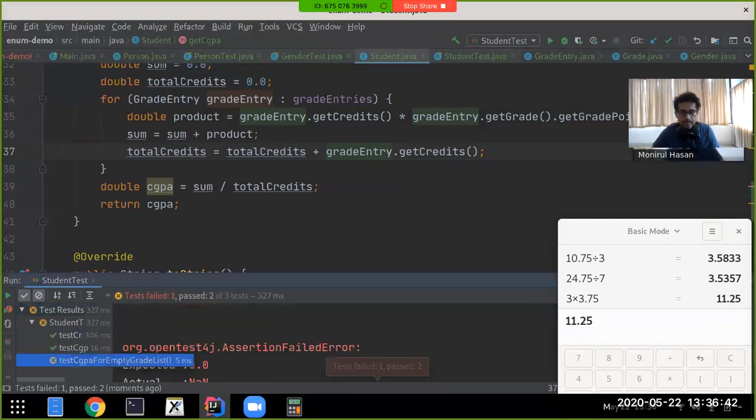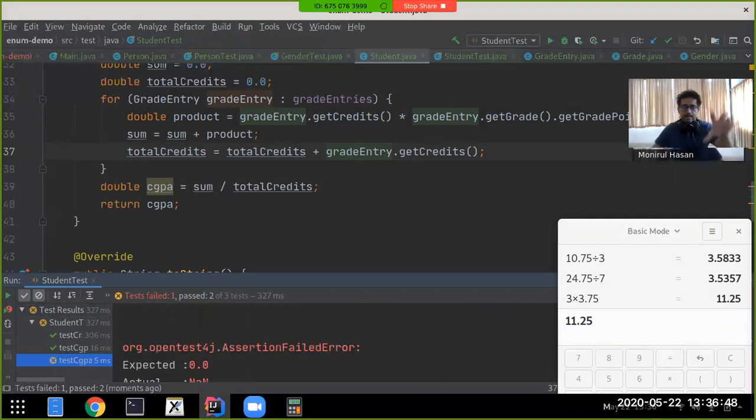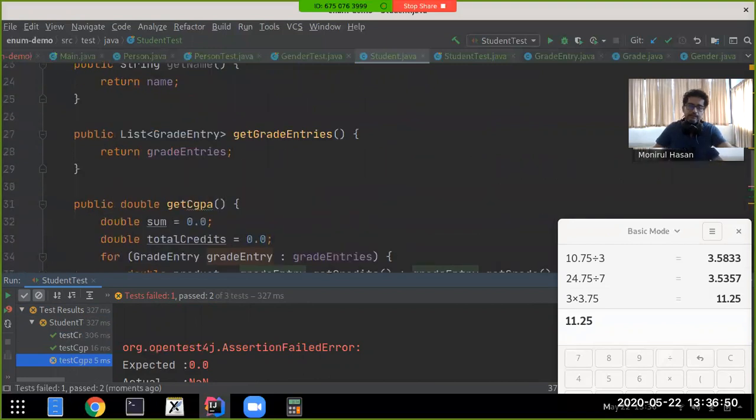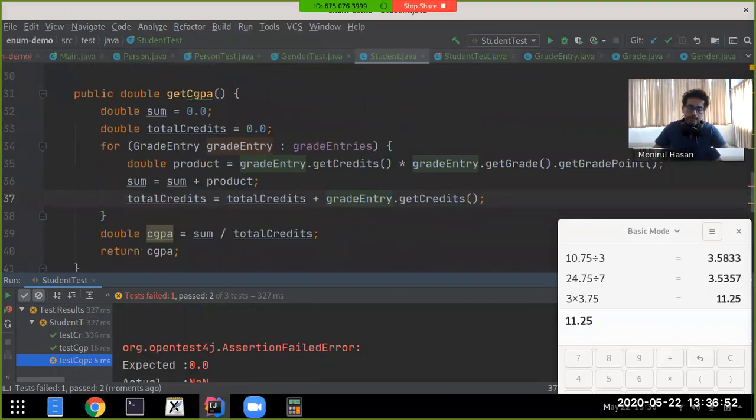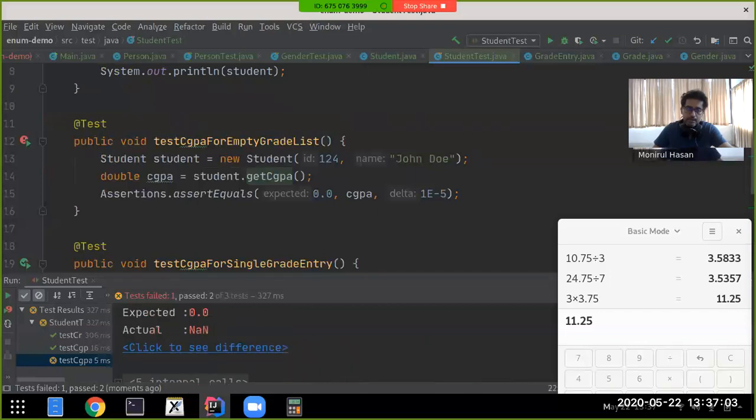And it passes. But something else doesn't pass. And this is the nice thing. If you have the unit tests ready, I knew this one would fail. If you look at this, test CGPA for empty grade list, this one fails, because what happens is that within the getCGPA method,